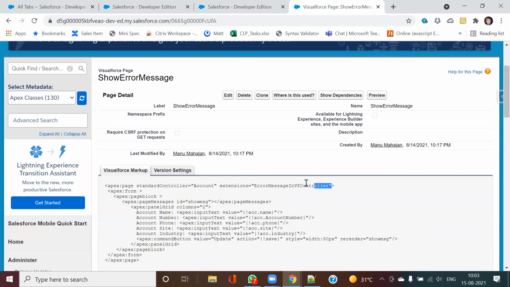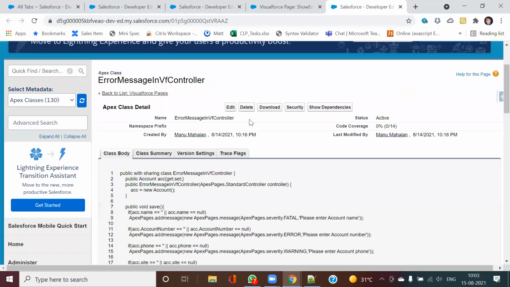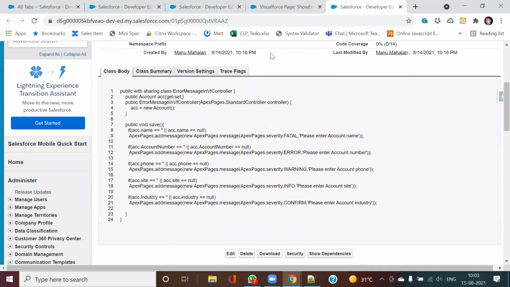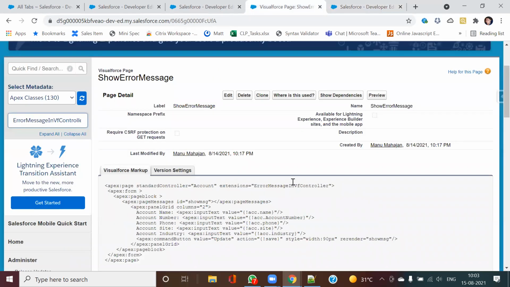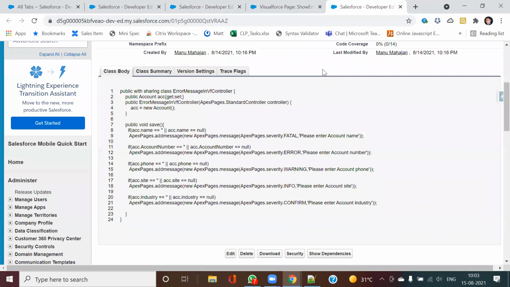Yeah, so if you see, this is my VF page, this is my extension. Inside this extension, I have tried to display different types of error messages.